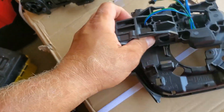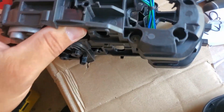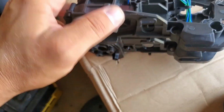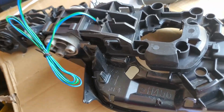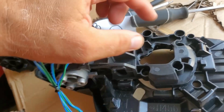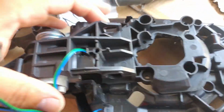But we have to compare it first to the original one. We have to look at everything. We got to make sure it's identical. So far it looks the same, so let's install it. This portion here does not require any force. Make sure everything aligns, and these plastic locks lock. So you kind of slightly twist it in place